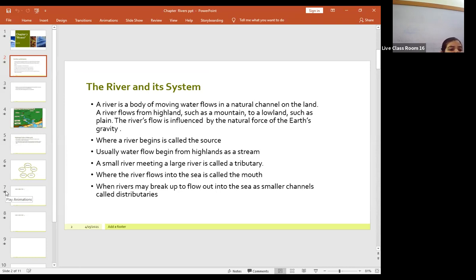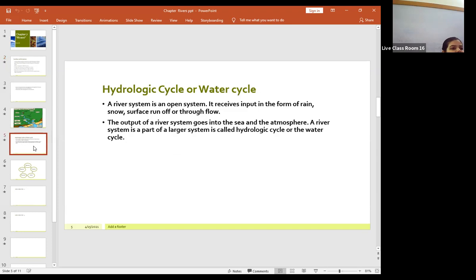When rivers break up to flow out into the sea as smaller channels, we call that distributaries. Okay. The point where the river is divided and combines with the normal sea water, we call that the distributary. Okay. Now if we say